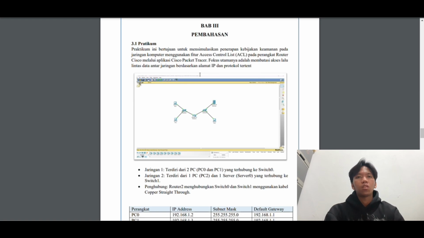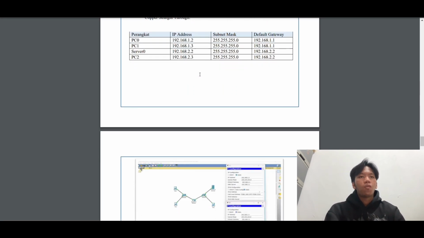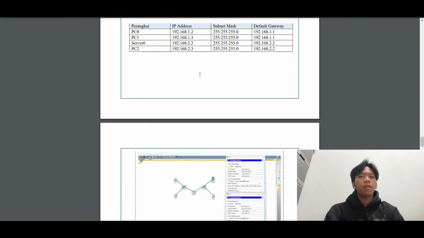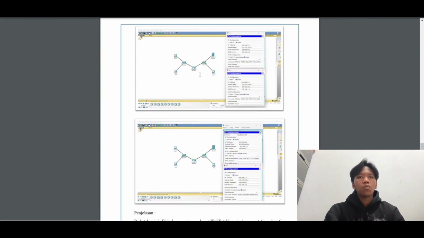We are using a router with two active interfaces. FastEthernet 0/0 acts as the default gateway for the first segment with IP 192.168.1.1, while FastEthernet 1/0 is the gateway for the second segment with IP 192.168.2.1.